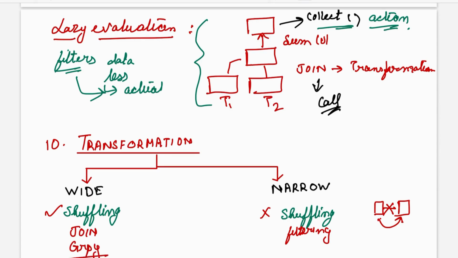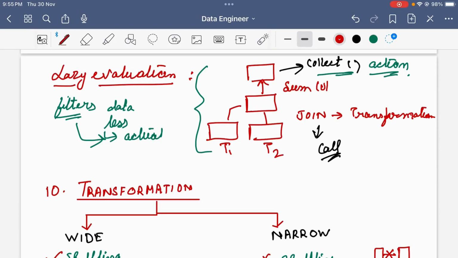You need to know the difference between narrow and wide transformations so that you can optimize your code. So in this video, we have seen specific keywords related to big data, which are very useful if you are starting your data engineering journey. I will come up with a next video in which I will explain some more keywords in the big